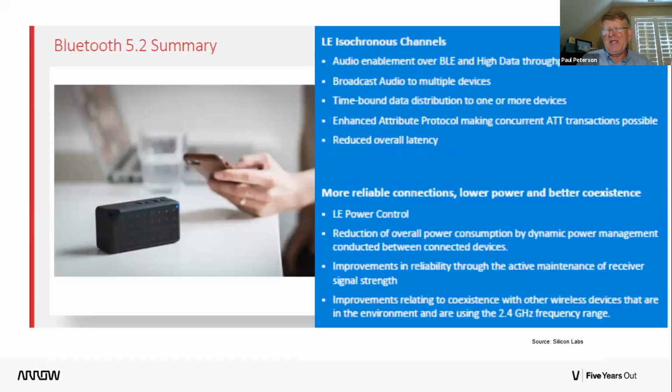What has just been released is the ability to add what's called an isochronous channel. Isochronous is a term that's been around for a while. We use it in USB, but it essentially means real-time data. For example, streaming audio is considered isochronous data. If you happen to miss a bit, not a big deal. You probably won't even notice in the audio stream that you had a corrupted packet. So isochronous takes away some of the error checking, but allows us to stream at a higher data rate. And that's been added in Bluetooth 5.2.